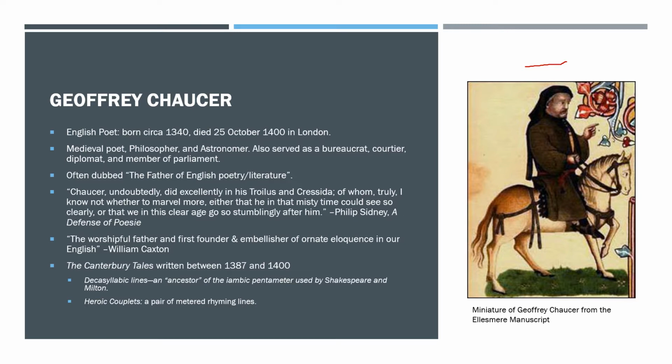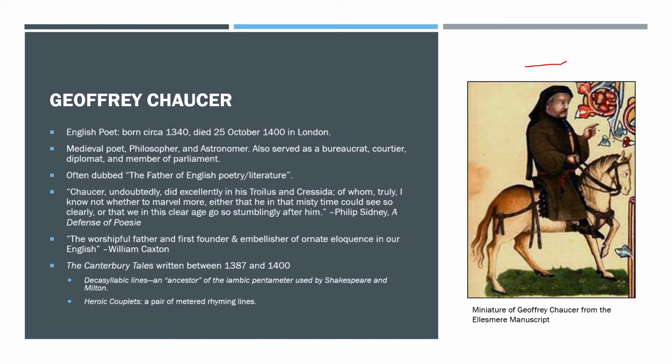Now, these manuscripts in Geoffrey Chaucer's day, all books are handwritten, right? They're written by scribes and scriptoriums and copied that way, and there's no printing press yet. And a lot of these manuscripts have illuminations or miniatures, or basically just drawings in the margins which kind of add a little bit of flavor to the text, you could say. So this is what Chaucer kind of looked like, or at least what we think he looks like based on some other depictions of him.